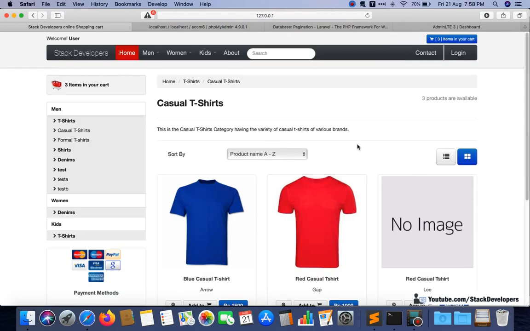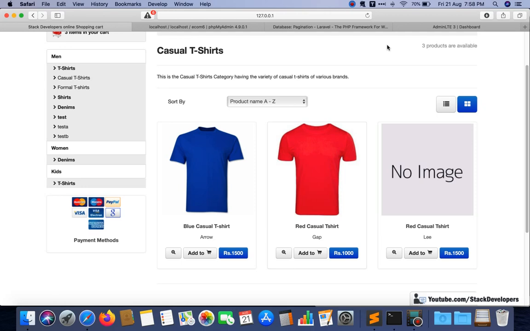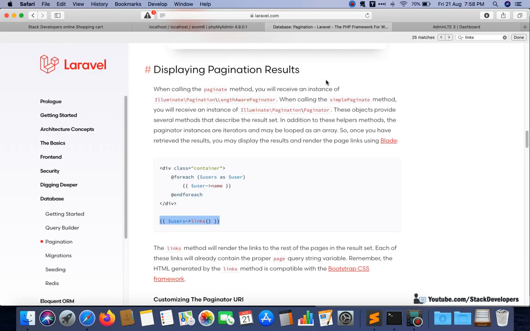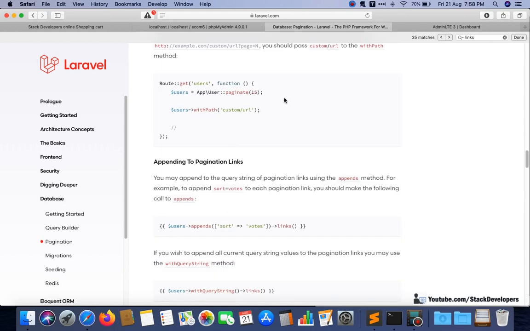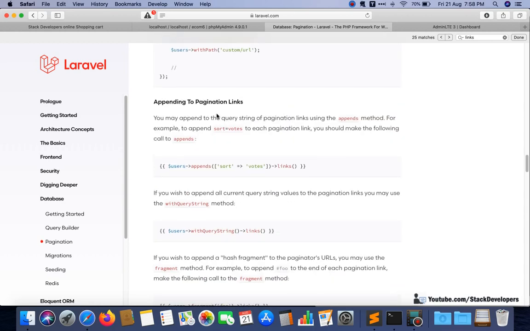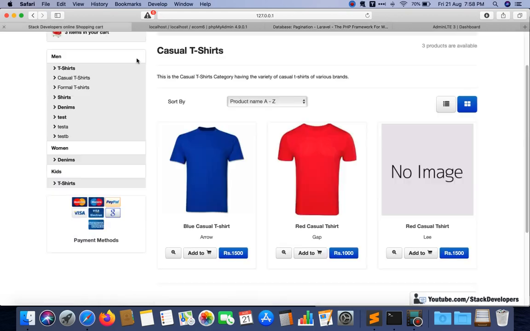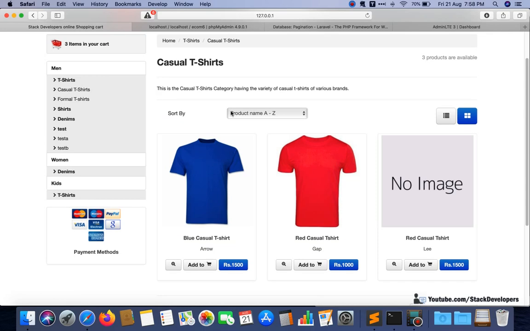Okay, so one more thing, see, there is one more function that is beneficial to us, and going further, you can see append. Appending to the pagination link is very important, because when we work on filters, when we work on the sort by feature, we will again need to add something.